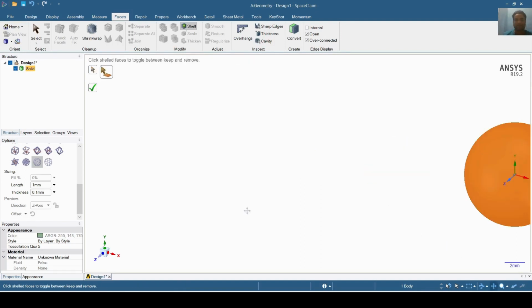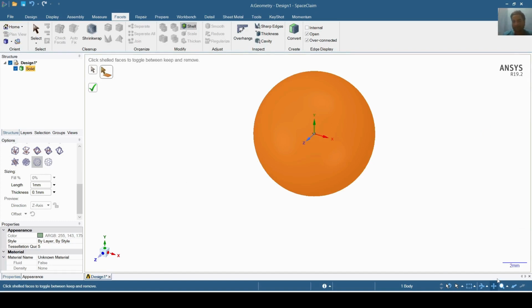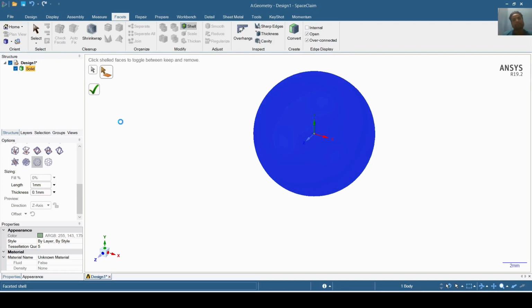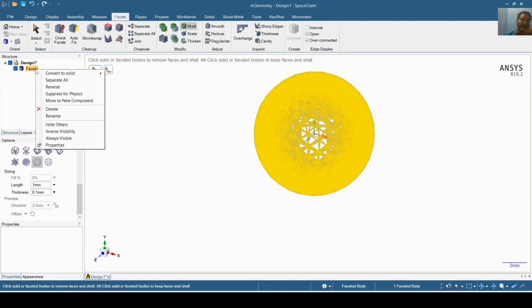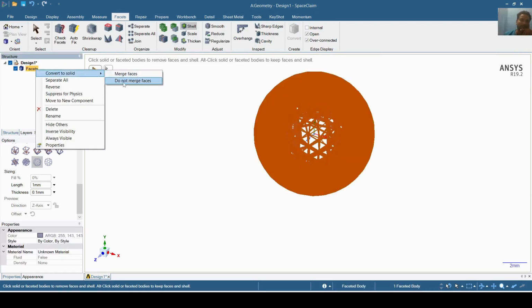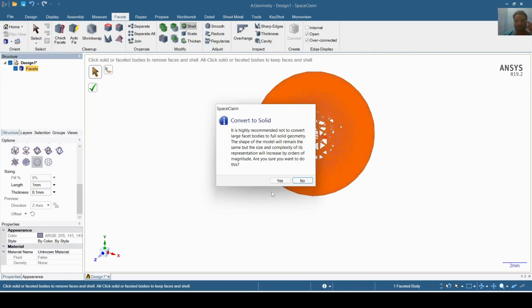I will select the outer surface, and it has already taken some values, and I will keep this as it is, and I will right click here, and you can see that the structures have been made, and I will convert them into solid, and I will not merge the faces to save my time, and yes,